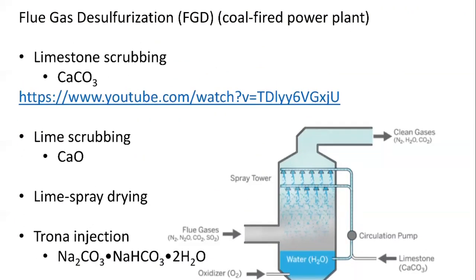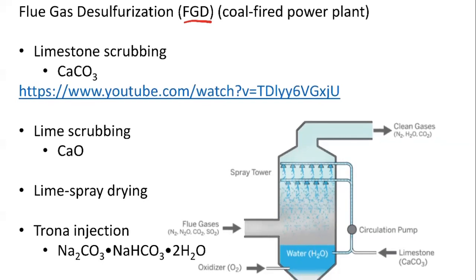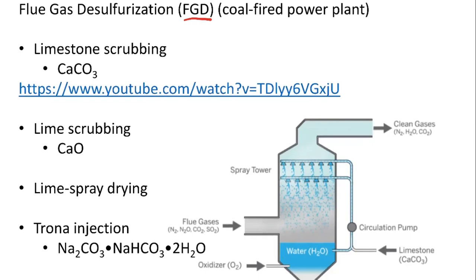So there are many ways for the flue gas desulfurization or the FGD. For example, we have the limestone scrubbing. So the limestone scrubbing is the most widely used method for the sulfur dioxide control. Okay, it has been there for quite many years, and many coal-fired power plants in the world are actually using the limestone scrubbing, mainly because the limestone is very cheap, right? You can just dig some rocks and then grind them into tiny powders